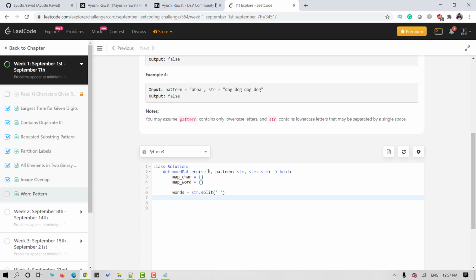Now if the length of words is not equal to the length of pattern, then we can return false. Now we can run a loop through pattern and words by zipping them.